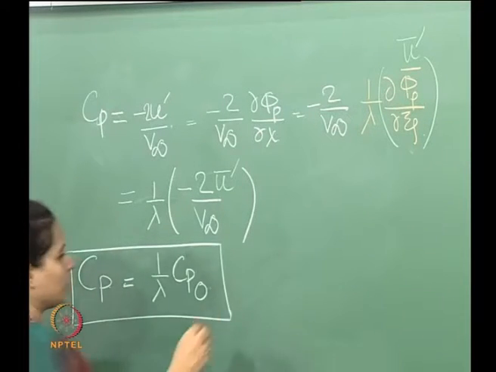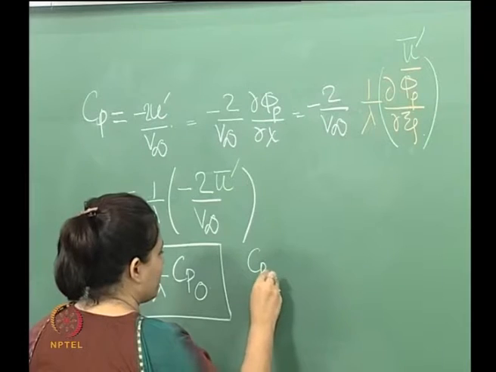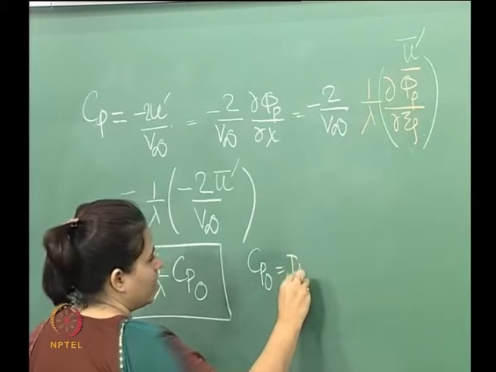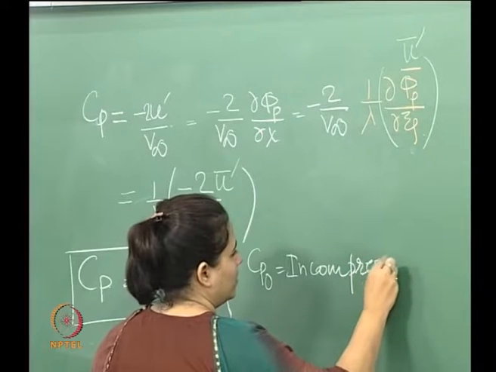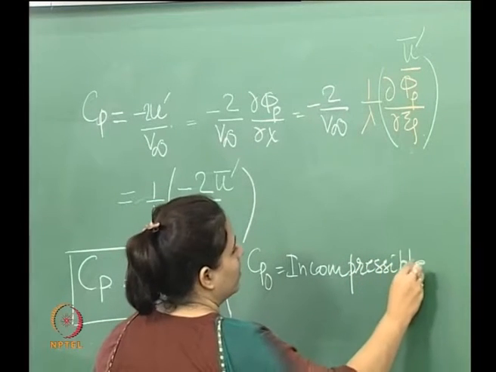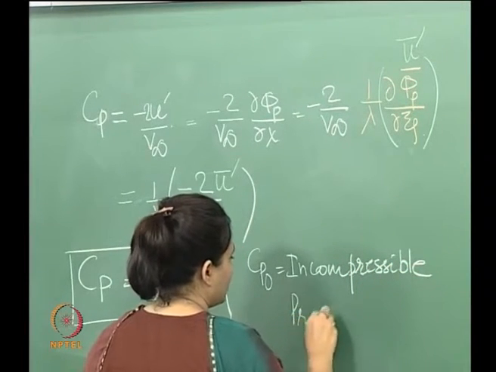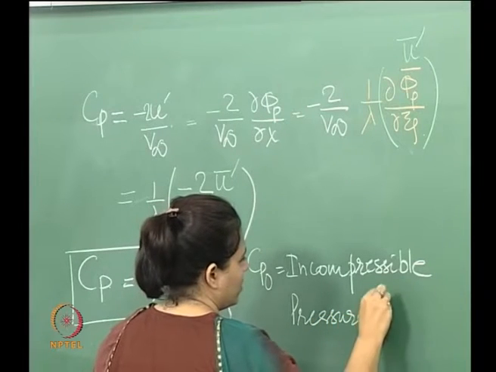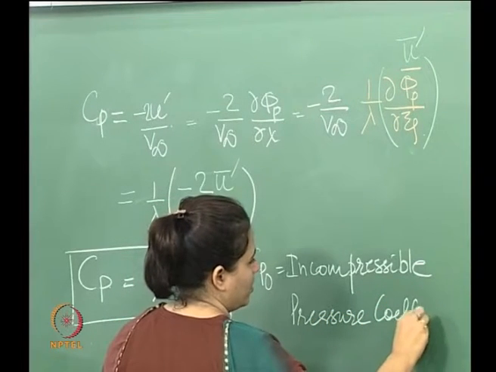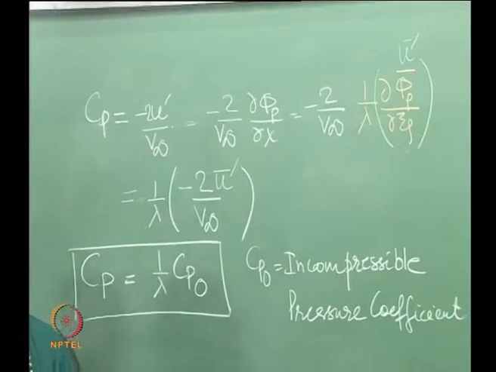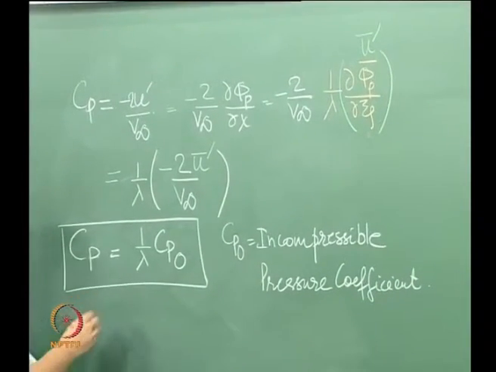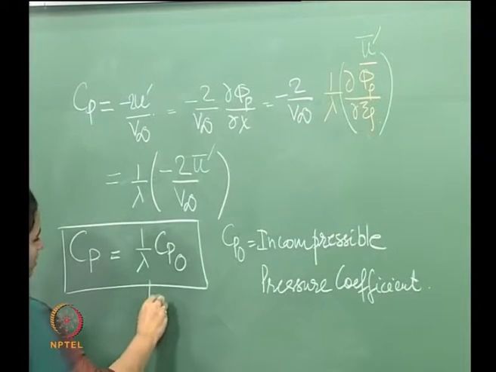So, Cp naught is basically the incompressible pressure coefficient, right, and let us call this as